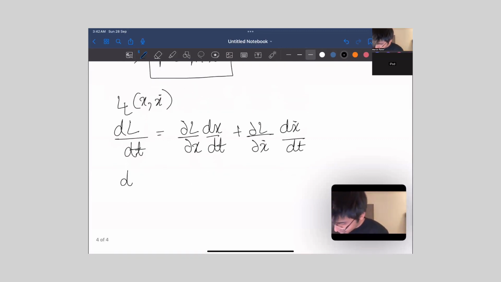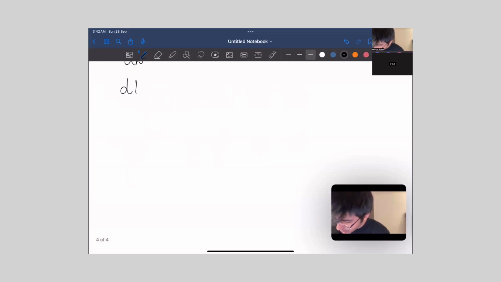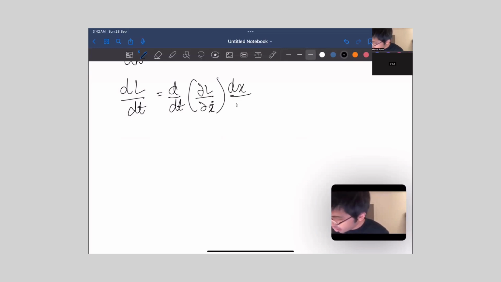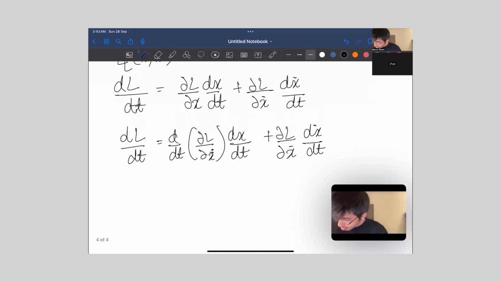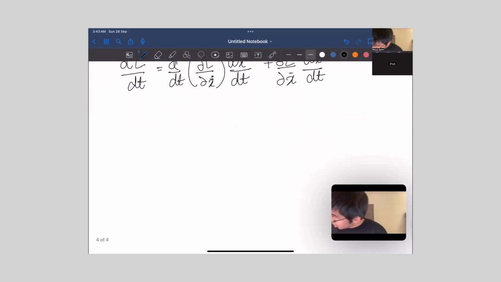Now, once we have this, we can write d by dt of L as d by dt of del L by del x dot times dx dot. So again, over here, it's just manipulation. And then